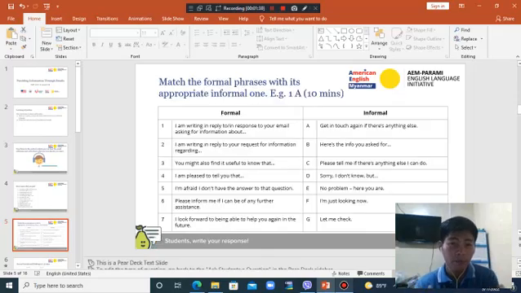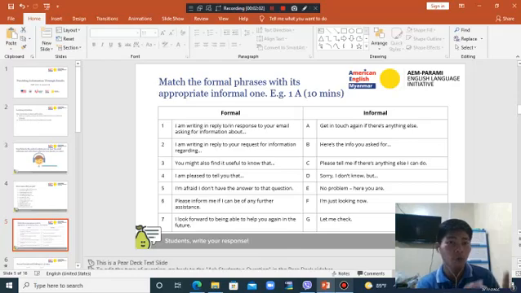Actually, these are classroom activities, but this is offline. You are listening to the recording, so you can do these activities. This is a matching activity. There are two columns, formal on the left and informal on the right. What you have to do is just do it in your free time.